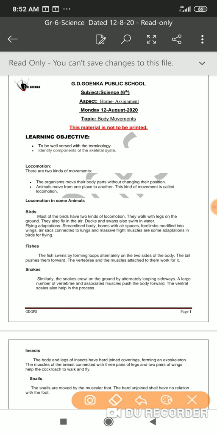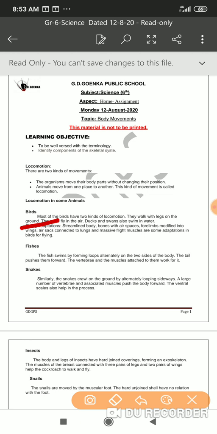This is what we have already learned, and we know that every organism has a special design to carry out the different types of movement that are required and that need to be adapted by the organism. So first of all, let us try to learn about the birds, right? The skeleton of the birds is designed in such a manner that it helps them to fly high, right? Some of the special features that a bird has: the forelimbs are modified into wings, right, that